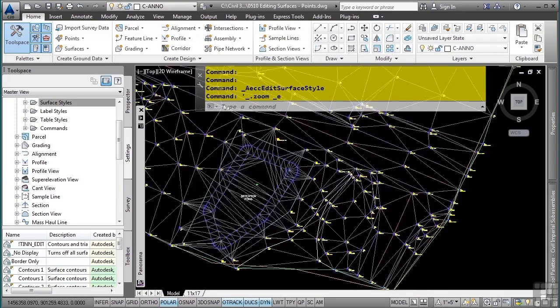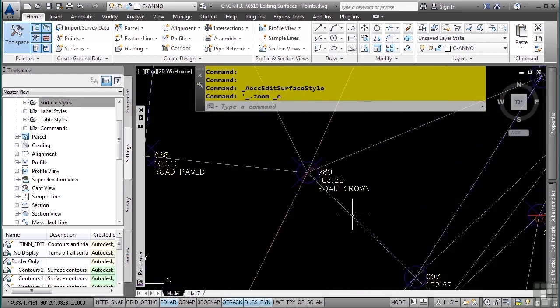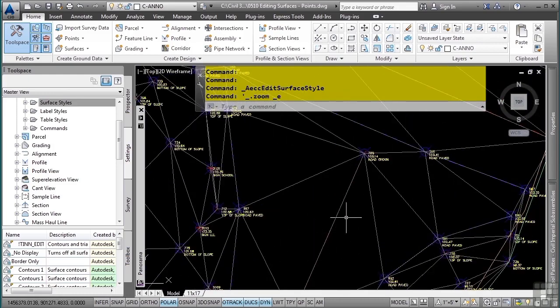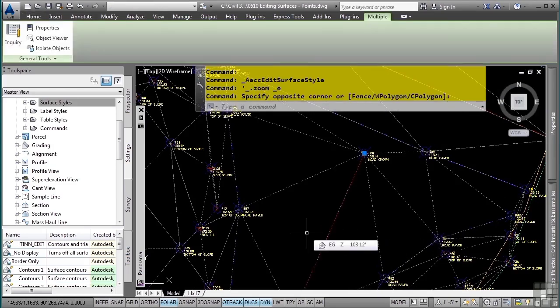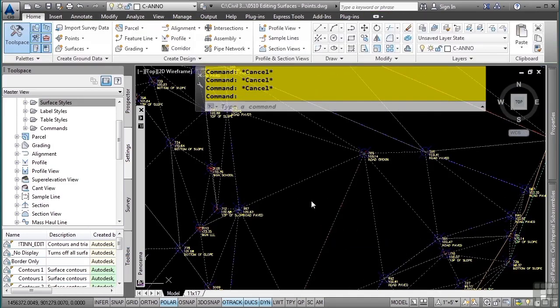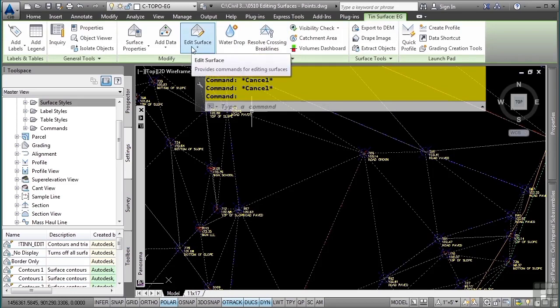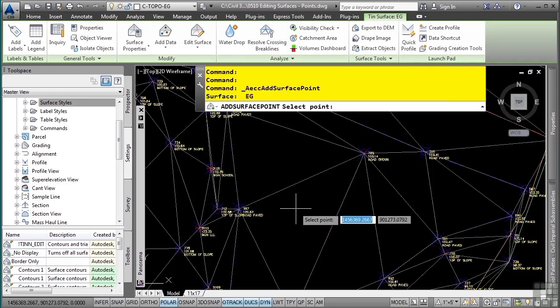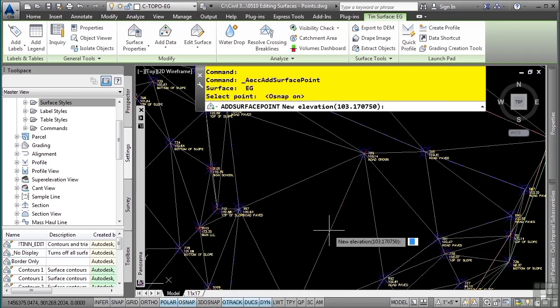Let's go ahead and zoom to the lower part of our surface where we have a few crown points. Let's say we want to add some points to interpolate them and get tighter triangulation. I'll select my surface, and then in the contextual ribbon, I will pick the Edit Surface dropdown and select Add Point from the dropdown. I will snap to the midpoint of this triangle, and when I do so, notice how